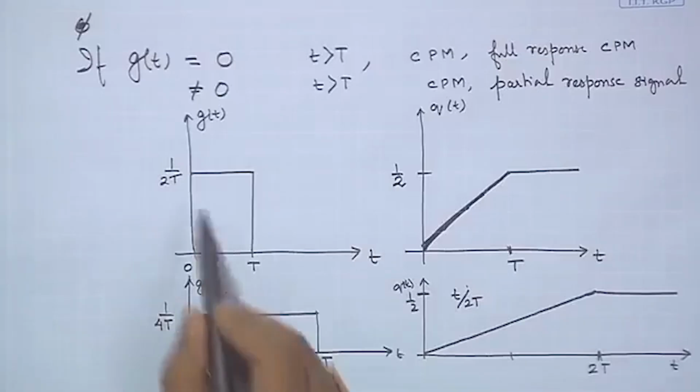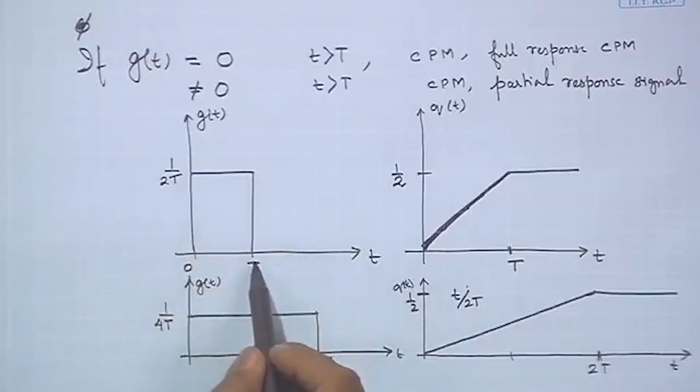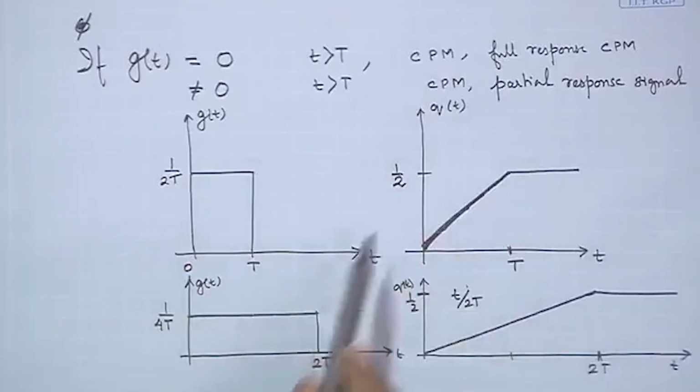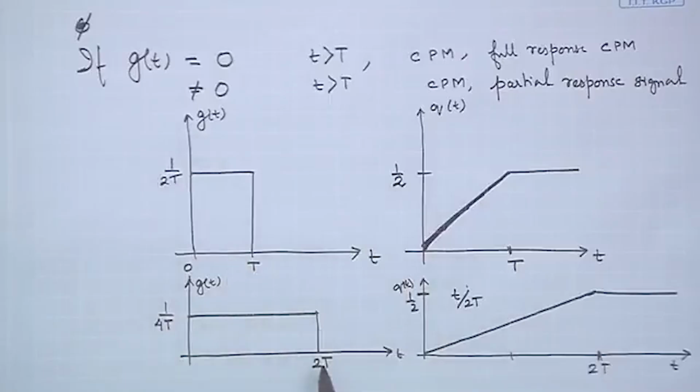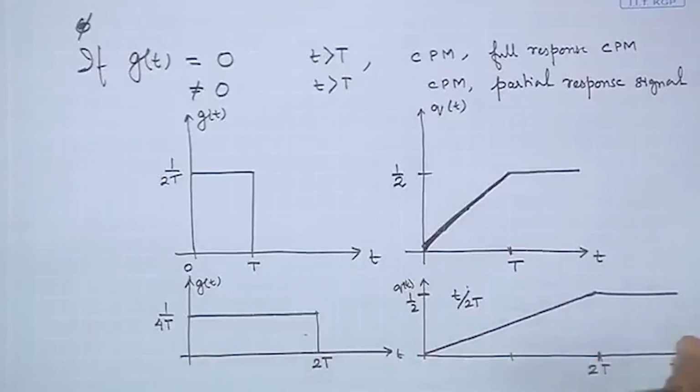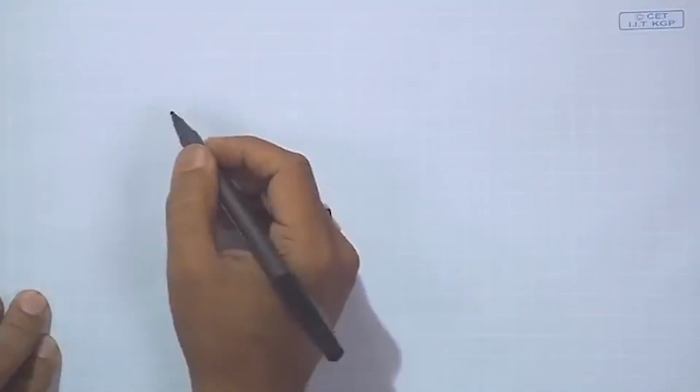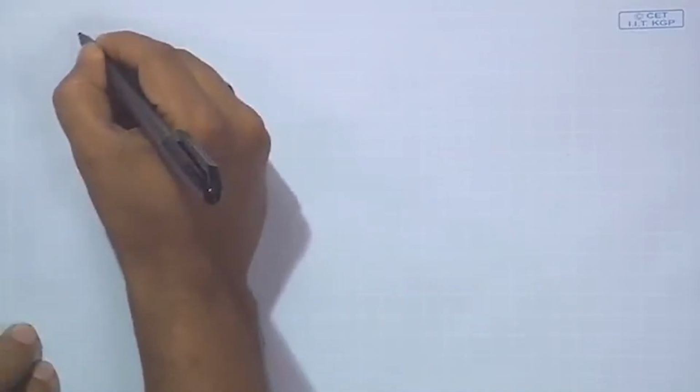So, as of now, going by the definition we have over here, if our g(t) is restricted to this interval, we would call it a full response signaling. q(t) would look like this, and g(t) would be in this shape when we call it partial response signaling. So, a signal is present across more than one symbol, right, and your q(t) would have a shape which looks like this. You could also have other waveforms, and you could, for example,